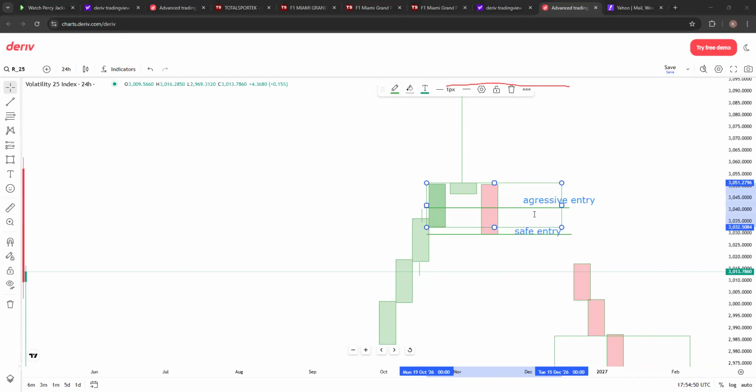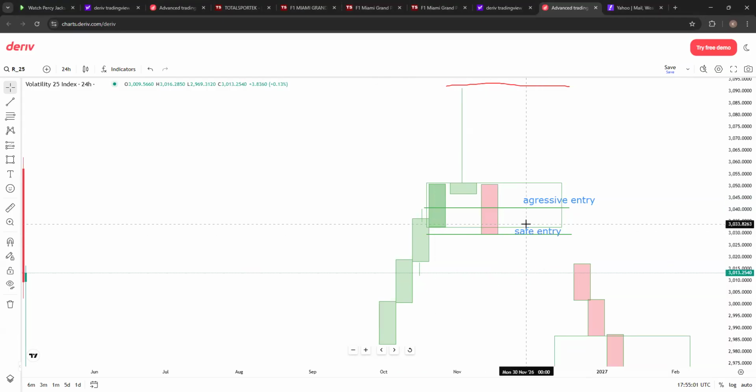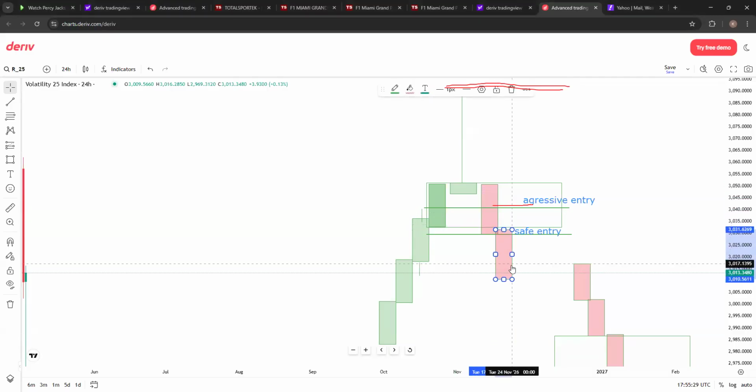Now, for the stop loss of the safe entry, I would want to put it just above the 50% of that range. Or if I just want to stick to the normal rules, I can put it just above this high. And the way that I'm going to handle this trade is for every two candles, let's say now my trade is playing out, for every two candles that I'm going to move,